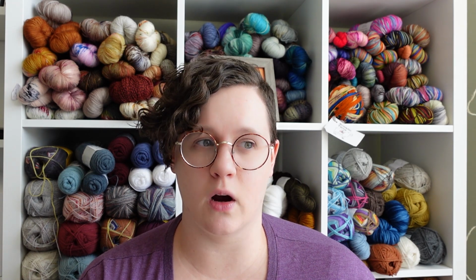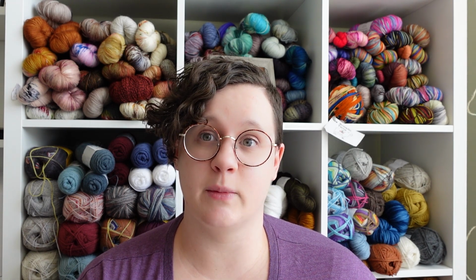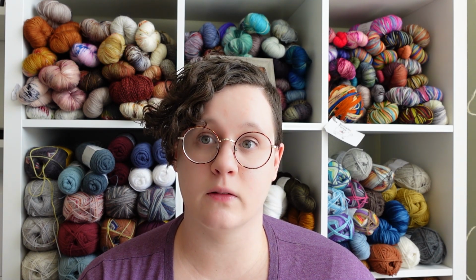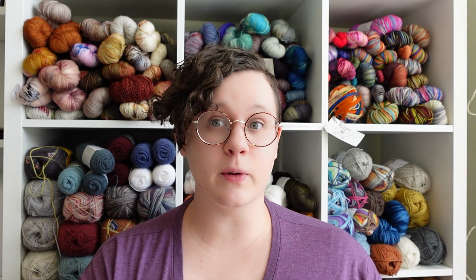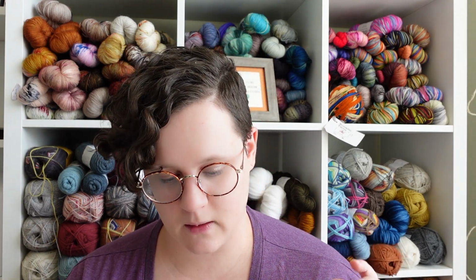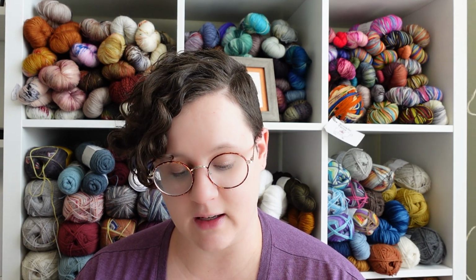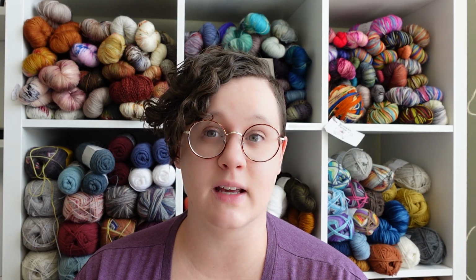6 new garments and sweaters in the wardrobe would be great, because I only have a couple right now. So having a bit more and just having a little intention in what I want to make, I think will be really good. So I feel like I'm on track for that goal. I'm changing it slightly. I do really love all the sweaters that I've written down, and I do have plans to keep some of them on my list this year, but then new ones come in that I find and I'm like,